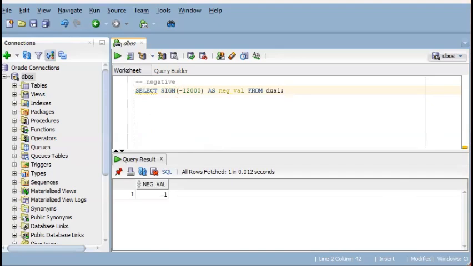Finally, the third example for this set of examples using hard-coded values. This time we'll be using the SIGN function while passing a 0 value to it. So select SIGN 0 as, and then of course the alias from dual. Let's do this. It returns the value of 0 because the numeric value being evaluated is 0. So those three examples were under the category of passing a hard-coded value